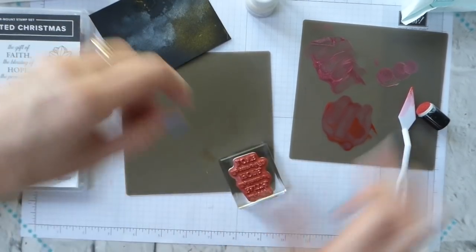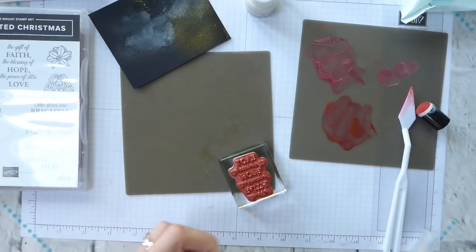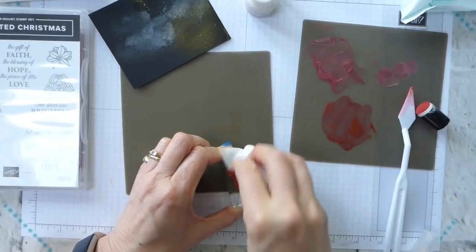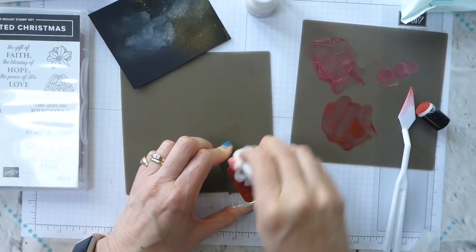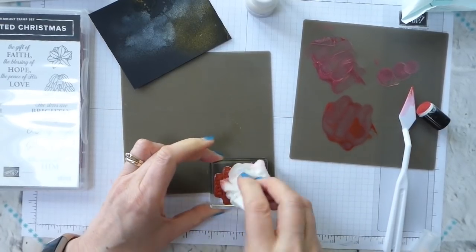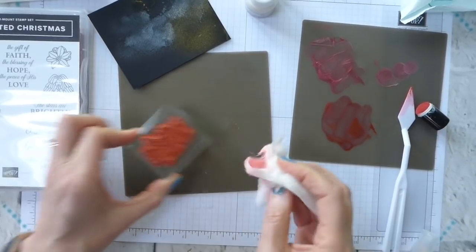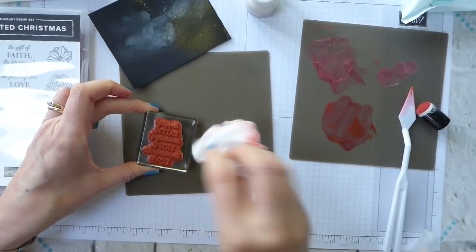So, need to get this cleaned up. So, again, this is one of those I don't generally say use a wet wipe, but kind of going to need to. And you do want to do this before it dries on your stamp, because it is paint. And it will dry onto your stamp, and your stamp will then not be great. So give it a good old working over with a wet wipe, and then, as you will have heard me say before,